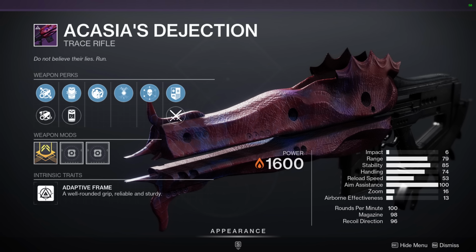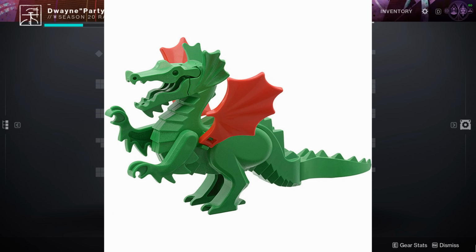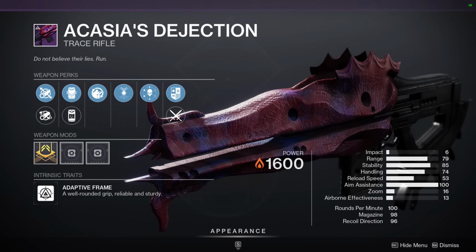The Trace Rifle is just a solar trace rifle, which has invited far too many comparisons to Retrace Path, when it's really most obvious that the design was ripped from a Lego Dragon. The perks on this thing have entirely power-crept Retrace though, so again, no need for the pointless pants pissing and